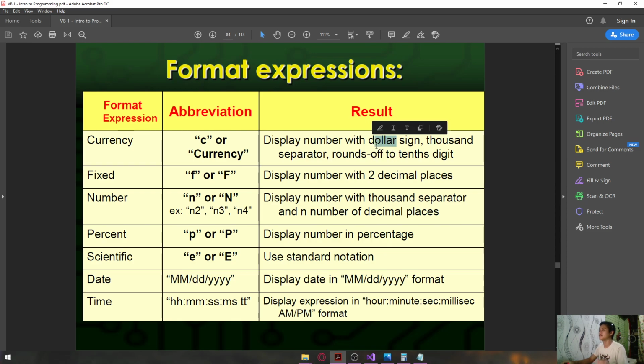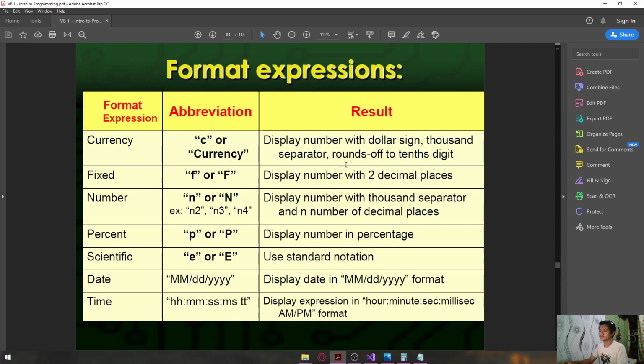But since we are here in the Philippines, I think we are going to use the peso sign, or if not, it's PHP. Then this will automatically have a thousand separator. What do I mean by thousand separator? Let's say it already reached 1,000, so it adds a comma separator, and then 000. Then it will round. It should be 30 only since it's 1,000, and it will round up to